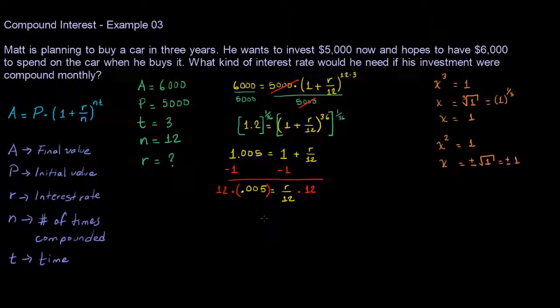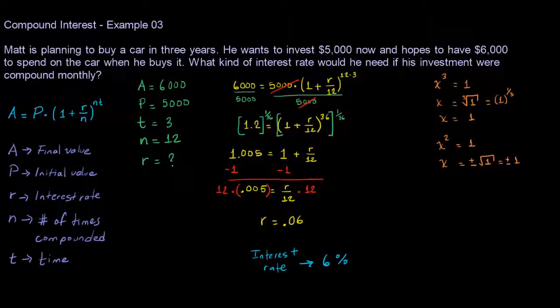So we'll get at the end that R will be equal to 12 times 0.005, and that will be equal to 0.06, which in other words means that the interest rate has to be equal to